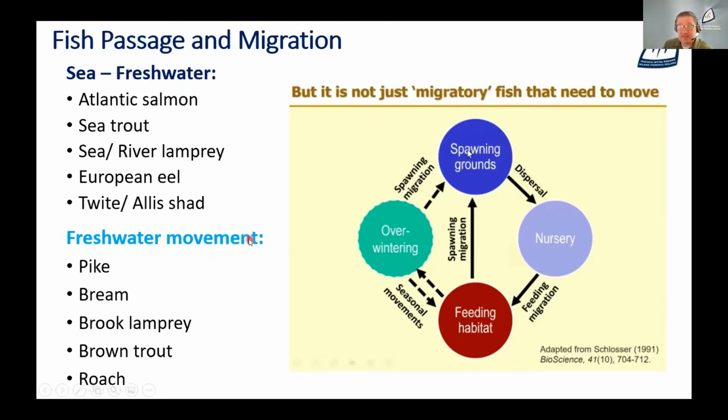Also, we have the freshwater fish that just have freshwater movement. They're called potamodromous fish. So they actually spend their whole life in a river, but they also need to move. They also make migratory movements. So you have your pike and your bream and your roach and your brown trout. And you can see from this diagram on the right that if you think of your typical brown trout, let's say in the lakes of the West, they might be spending their summers in the lake. Then they'd make a spawning migration into their spawning grounds in the top of a small river. The juveniles would have nursery habitat, and then juveniles would return to the feeding habitat in the lake, and they'd